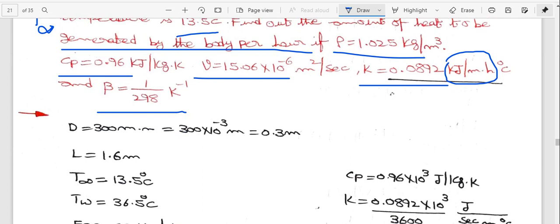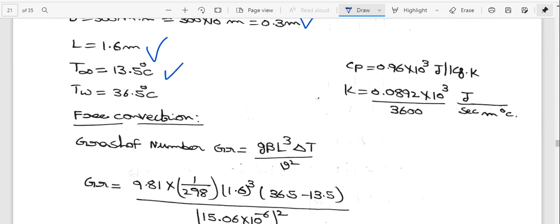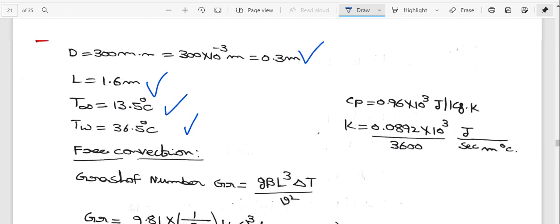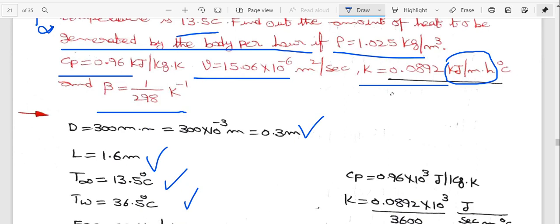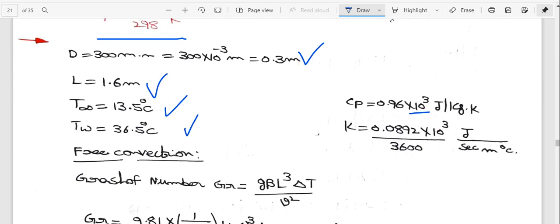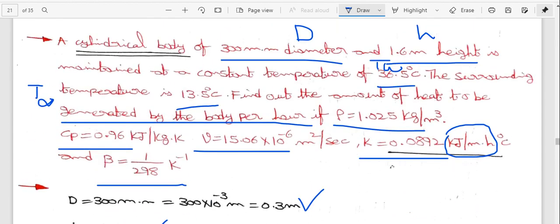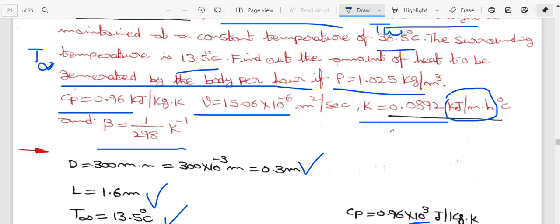So diameter is equal to 0.3 meters, length H is equal to L equal to 1.6, T infinity, Tw. Here the Cp value is in kilojoule, so we need to convert to joule per kg Kelvin, and the k value is joule per second, that means watt per meter degree centigrade. In this question the beta value is given,